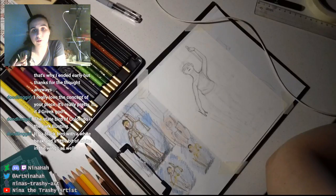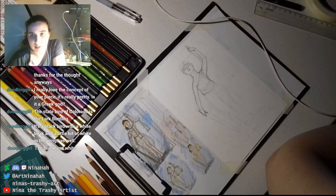So I don't know if you drew the brown one with the speckles or the black and white one, because I know that in birds the sexual dimorphism is pretty apparent. It's a black bird with a white beak and a little bit of white in the wings as well. Aha, so this is this one. So why this one is...